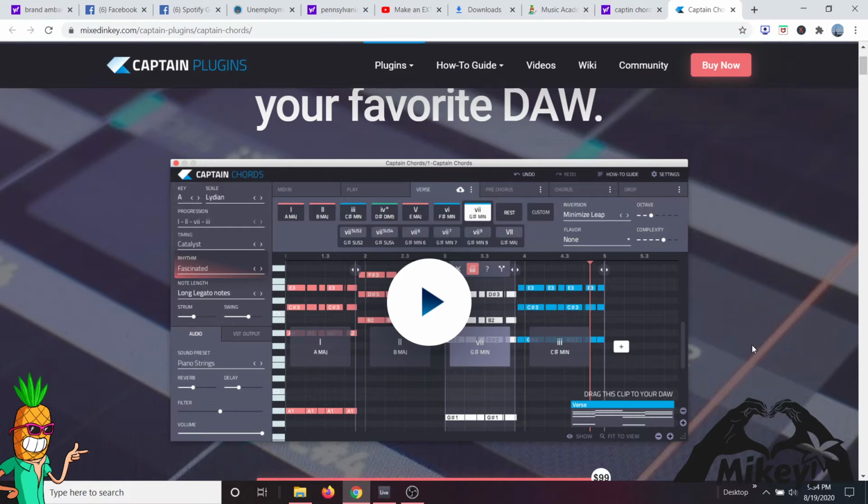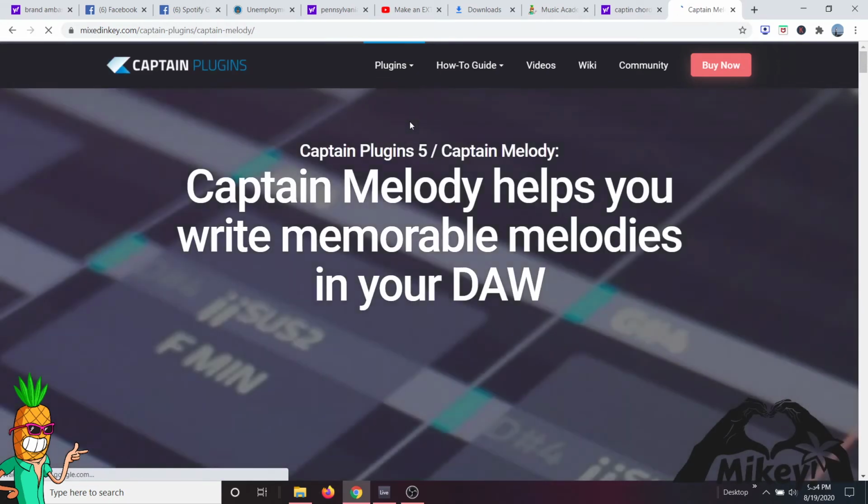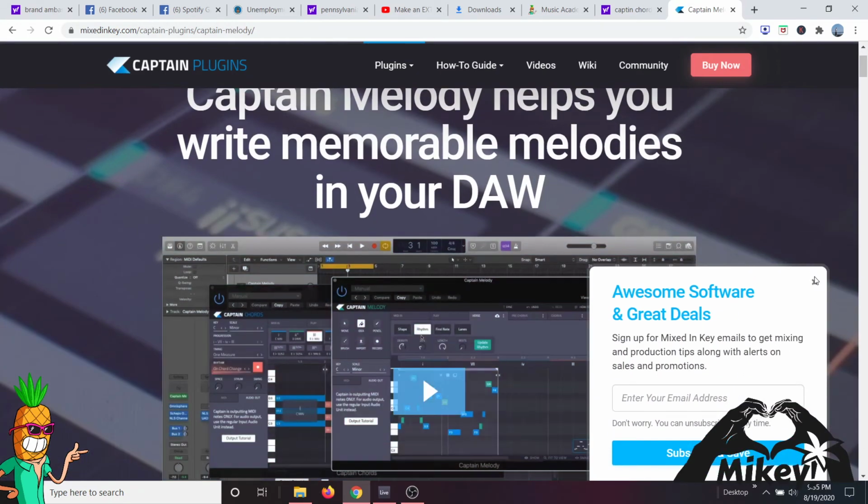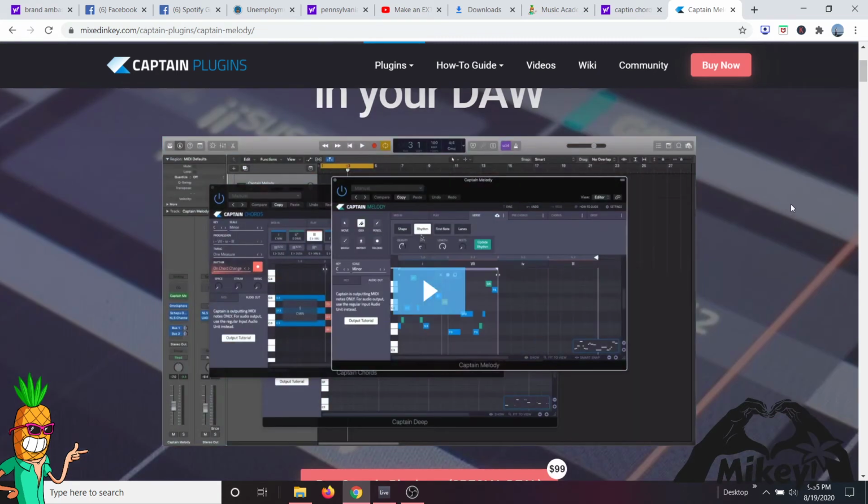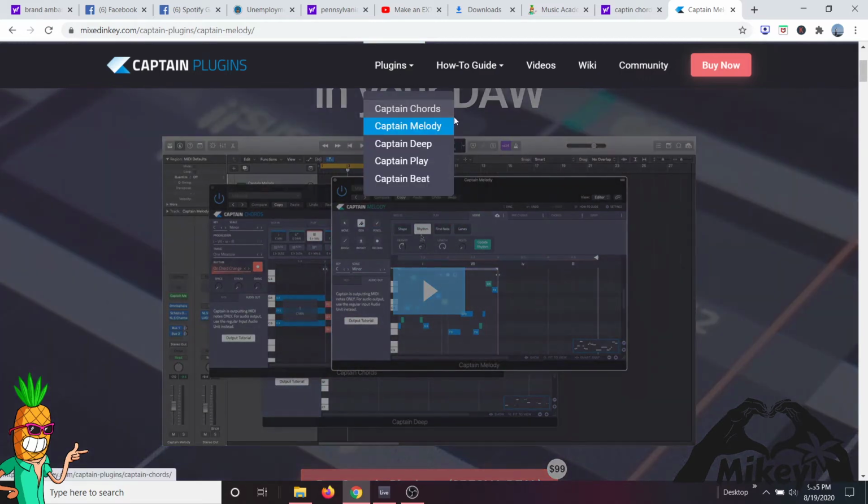Now here's the cool thing about Captain plugins. They're intuitive in that they speak to each other. So if you get Melody as well, Melody will ask you when you open it, do you want to connect it to Captain Chords? Click yes, obviously. Most of the time I would, because now Captain Melody knows exactly, because it's speaking to Captain Chords, exactly what chords you chose, what key you're in, the spacing of the chords, the timing of them, and everything that you just did in Captain Chords. A little pop-up box will come to your attention,